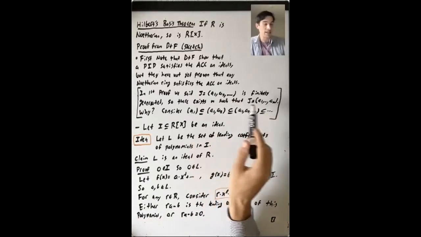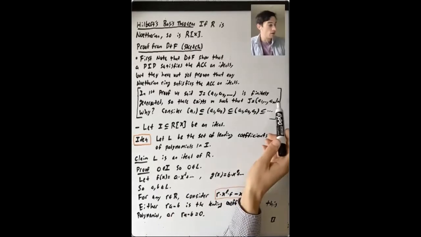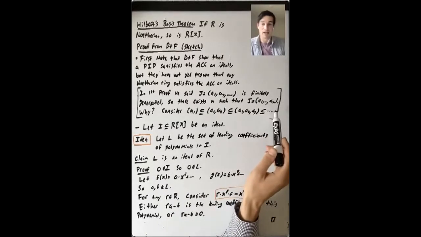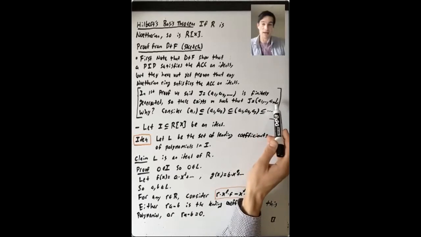Like this chain of ideals has to, at some point, am, they're equal for all of the ideals in the chain past that point. And that's the fact that we're using. So we have some point where this chain stabilizes. That means that a_(m+1) is in the ideal generated by a1 up through am.